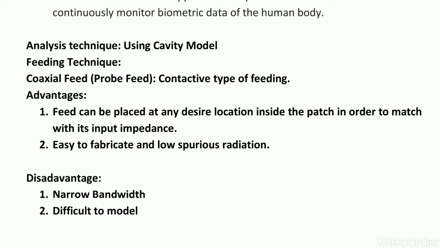So what exactly is this cavity model? As we know, in the cavity model the charge distribution takes place, that is, it forms current densities, JB and JT, at the top and the bottom of the patch. At the top of the patch it forms JT, that is charge density, or we can say current density. It is formed due to attraction of opposite charges in the substrate and the patch. And the capital JB is the current density formed due to repulsion of charges.